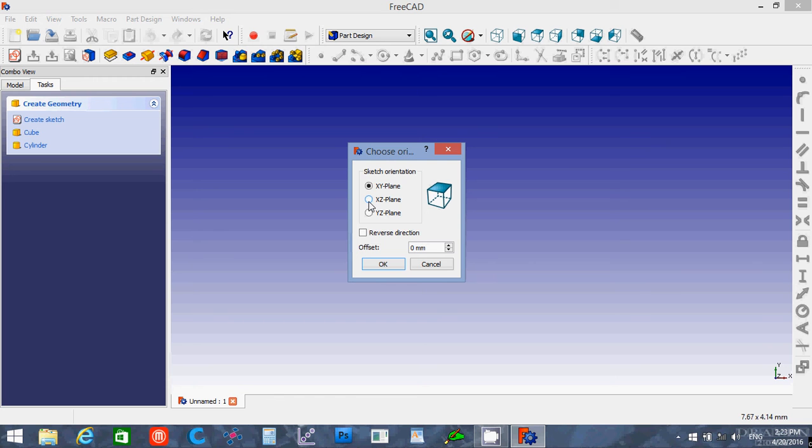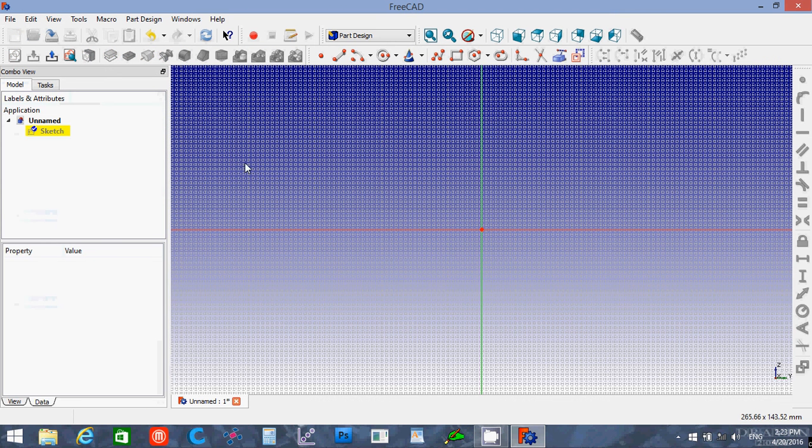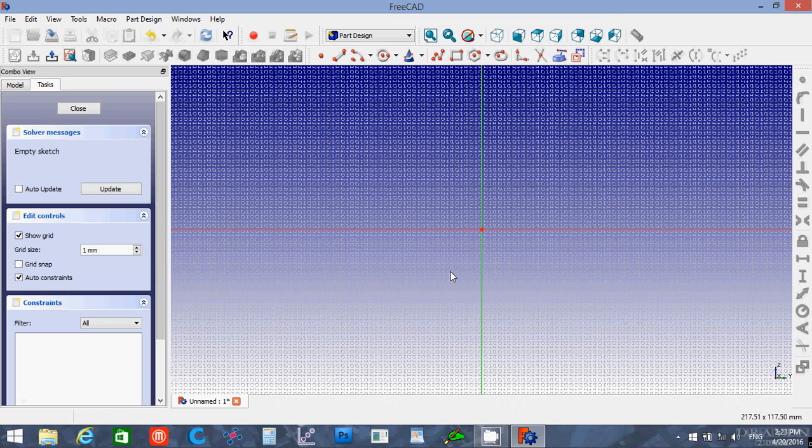It doesn't really matter if you're in XZ or YZ, because what we're going to be doing is sketching, not drawing, a slice of an object. You can think of it as the profile you would use if you were trying to create a lathe object. So the first object we're going to create is a